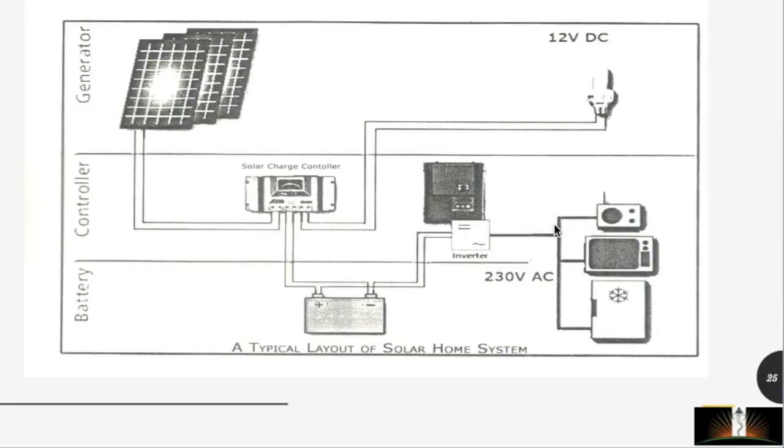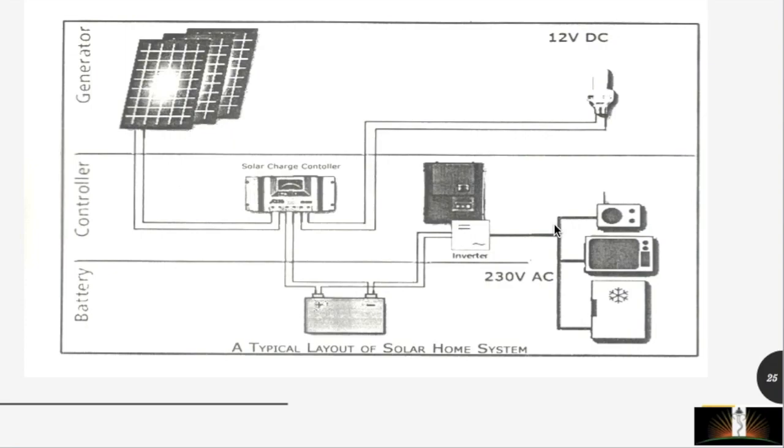In today's class, we have already learned about the designing parameters of an off-grid system along with preparation of its BOM. So the BOM of an off-grid system is more or less the same as an on-grid. Only two components are getting added: one is your battery and one is your solar charge controller. These two will get added to the old BOM of the previous on-grid system. The inverter might vary. If you are using a DC load, you might not require an inverter. If you are using an AC load, you might require an inverter. But in this case, the specification of the inverter will be an off-grid inverter.